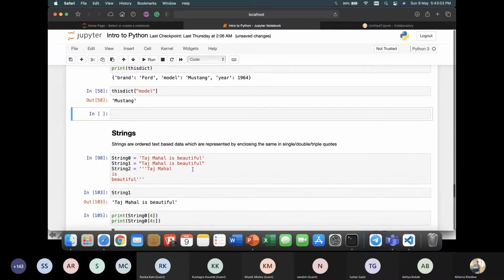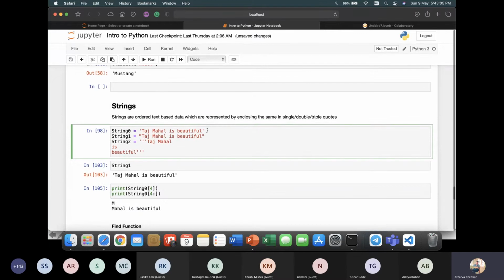Now strings. The beauty of Python is that you can initialize strings with single inverted commas, double inverted commas, and for multi-line, three inverted commas.